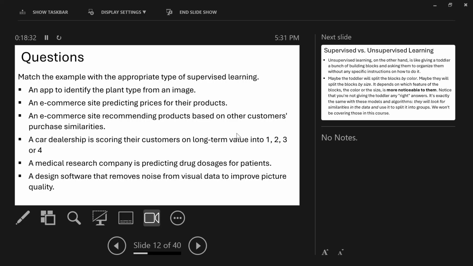Because it's continuous. So it's regression. Who thinks it's classification? Who thinks it's regression?